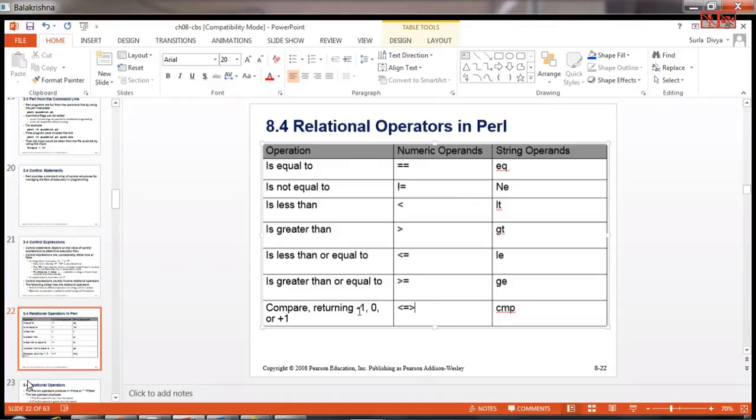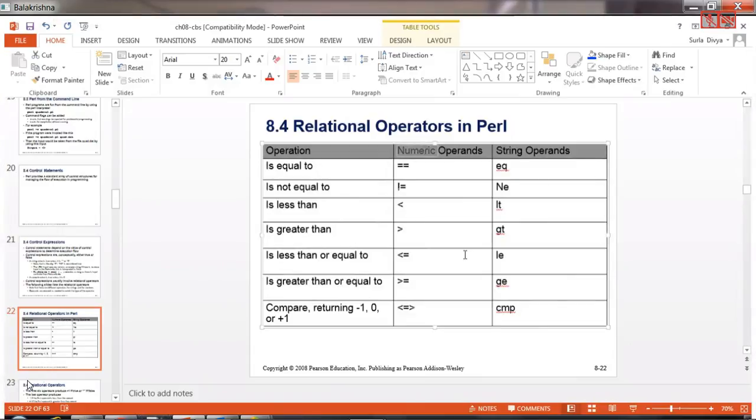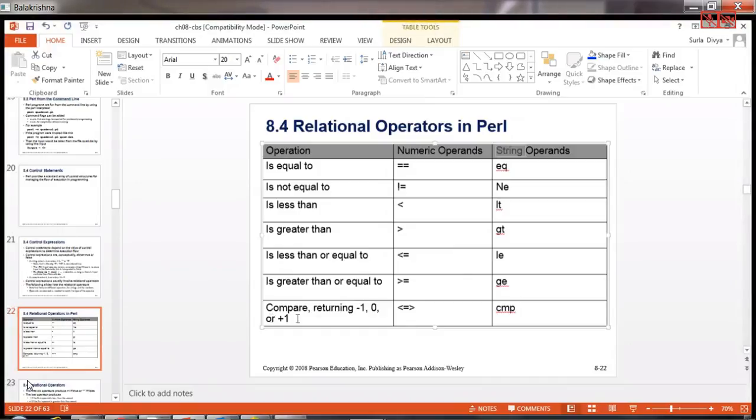So comparison, what will it do? Most of the time, all these relational operators will give you either a true or false result. But the comparison operator, or even this one is a comparison with respect to numerics, that's what we discussed, right? Similarly, this is a comparison operator with respect to string operands. So that will give you -1, 0 or +1. What does that mean? Because we want to have any one result. Let's say I'm comparing two strings, so I use CMP.